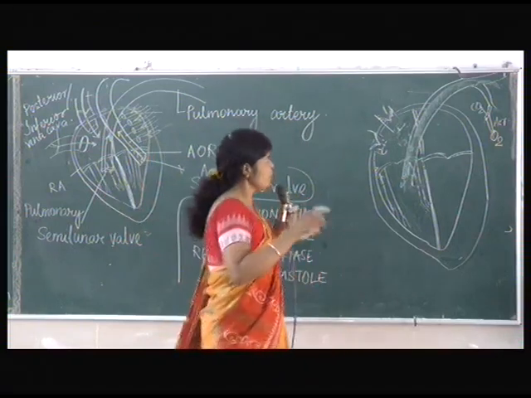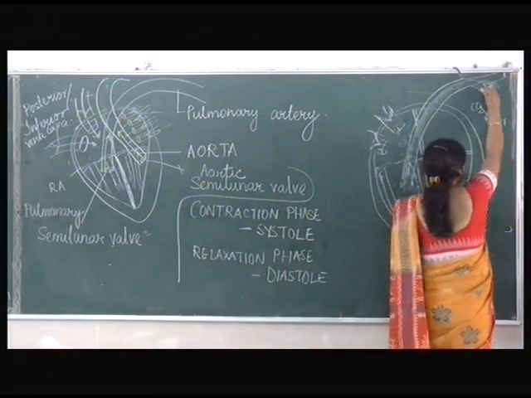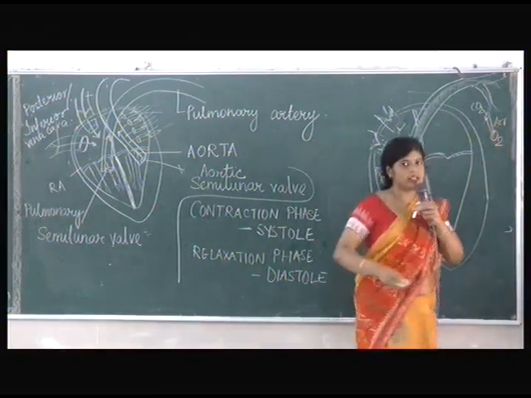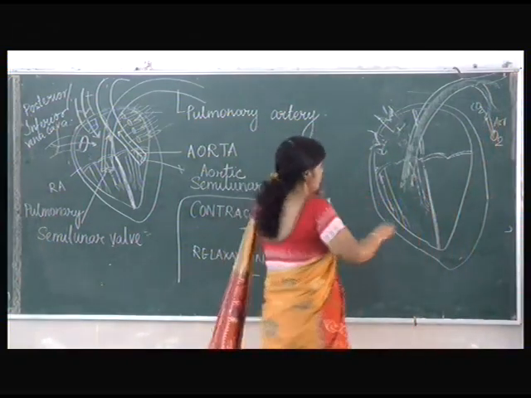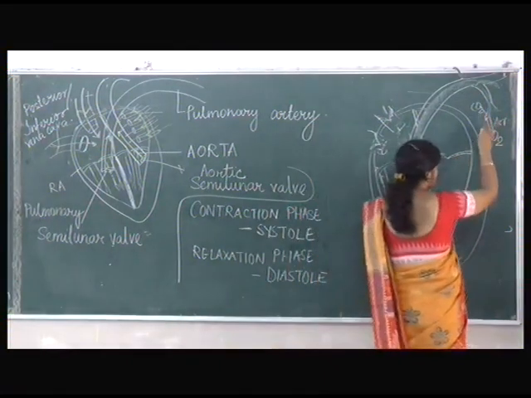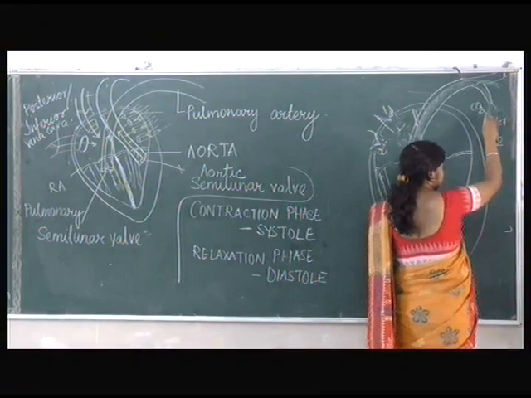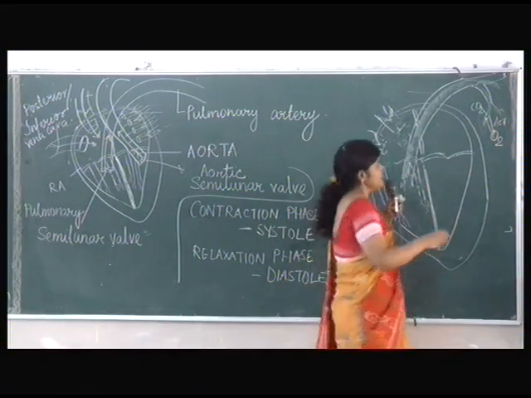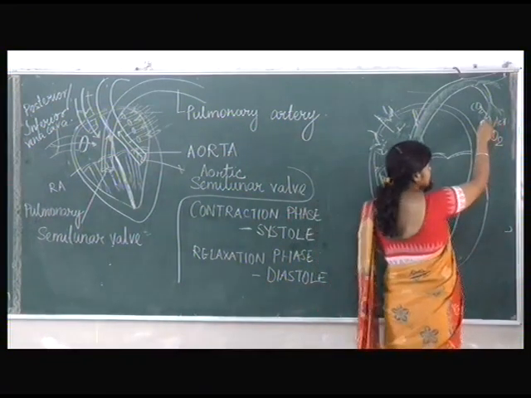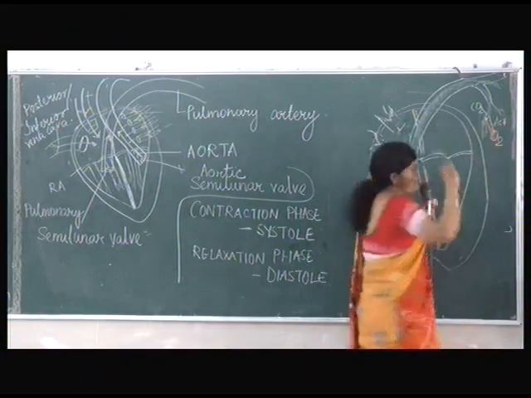Is it clear? So what is the net result? The blood was initially deoxygenated, now it has got oxygenated. Now it is oxygenated. Is it clear? Now there are two lungs. Is it clear? So from each lung, this exchange has occurred in the lungs. In class 9 we have done, the exchange has taken place in the lungs, and now the blood which is coming out from the lungs is oxygenated.